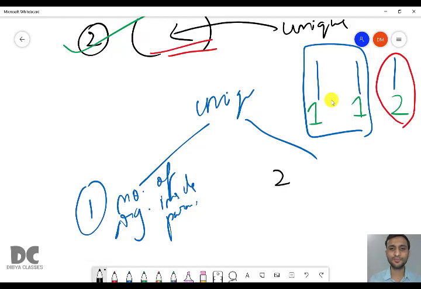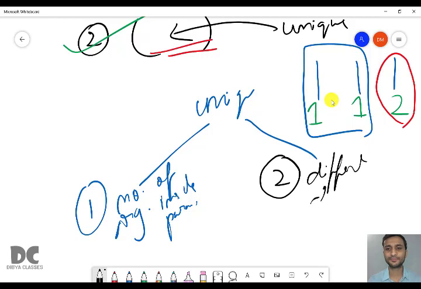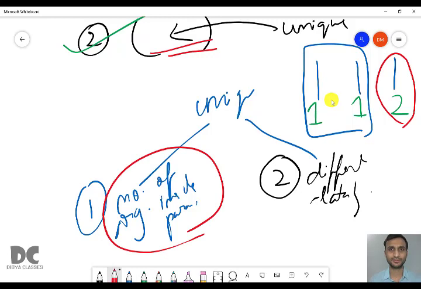Then we'll come to the second point, that is different data type. Whenever there is the same number of arguments, you cannot change it here, right? You cannot take radius 2 times, or radius 3 times. You cannot change the number of parameters here. It is fixed. For here you need radius only, for here you need side only, and for here you need length and breadth. So this one is already unique because it has a different number of arguments. But in the first two functions, the number of arguments are the same and you cannot change it.